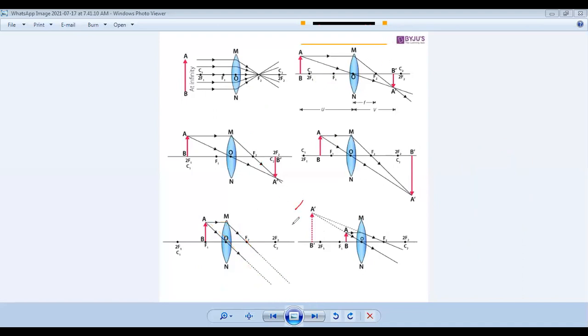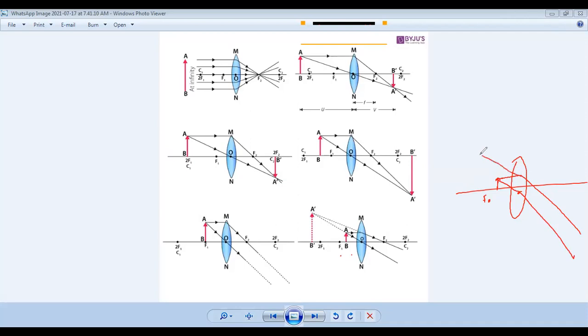And in the last case, that is the sixth case, now I'm moving further from focal point 1 to in between the optical center. So now my object moved from the focal point 1 to the optical center. See what's happening. Now my object is between f1 and o, right? So what's happening? One ray going parallel, so it's passing through the focal point. The second ray, like this, passing through the optical center, right? So it moves like this.